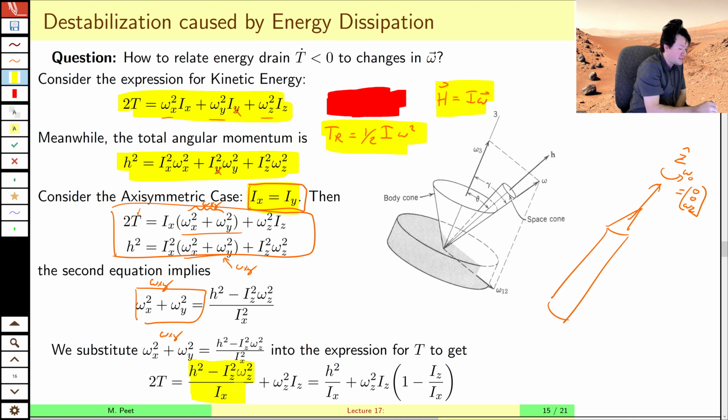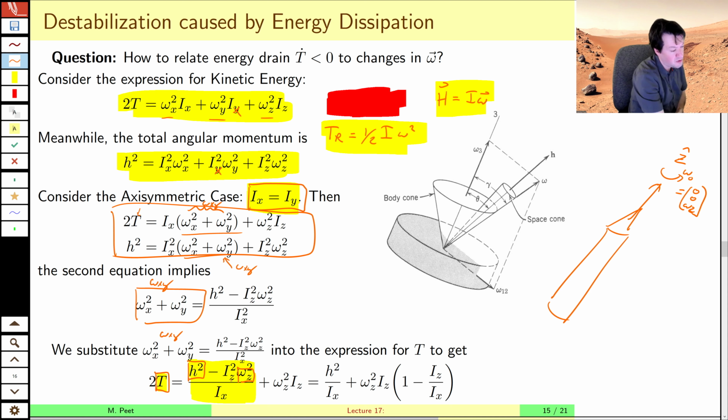One of those I_x's in the denominators gets canceled, but the other sticks around. And then we have an expression here for kinetic energy in terms of angular momentum, which is fixed. That doesn't change. And omega_z. So this allows us, for fixed h, to express T in terms of the omega_z component of that angular